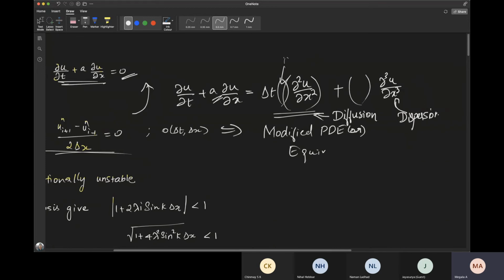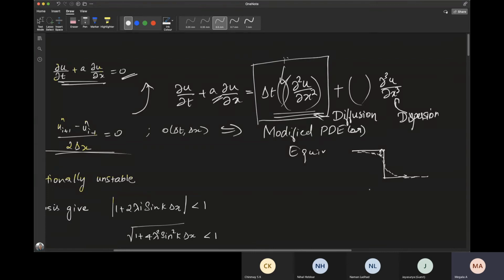So diffusion and dispersion are two different quantities. Diffusion is like this: when you have some sharp corners, your scheme will not actually capture these sharp corners. They will tend to smear like this. This is what your scheme will give, this dotted line solution. This difference is what is known as diffusion, or actually error, and it is highly determined by this term.